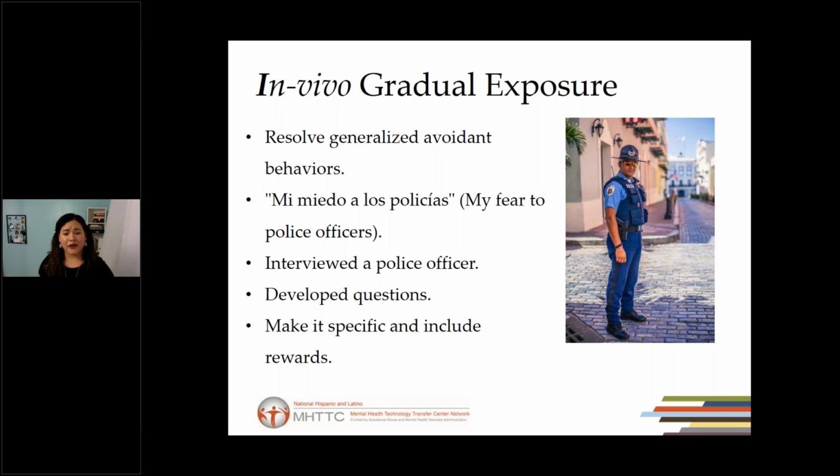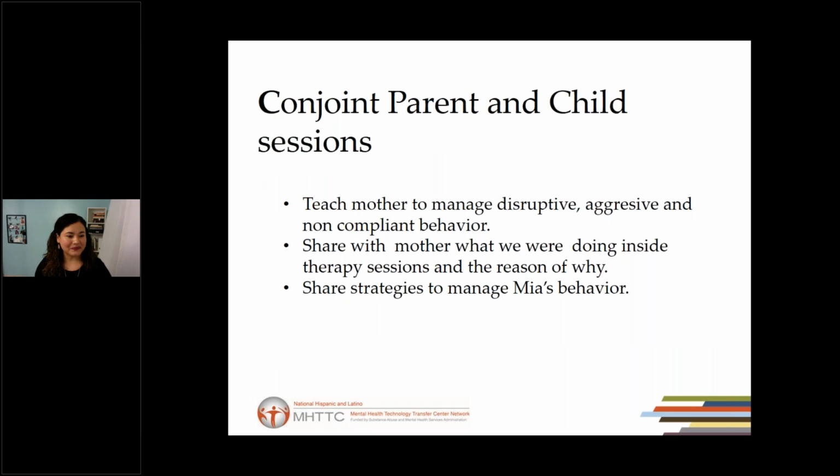And the police officer, he went without the uniform, right? He went in jeans and a t-shirt so it would help a little bit more to feel more safe, right? So he explained everything to her. She was smiling, she was engaging, maybe thinking of being a police officer too. So I think this session went so well, and the mom was so proud of her, and she was like, yes, I did it. I'm a reporter now. So this was a session that I will never forget because it was wonderful, right?